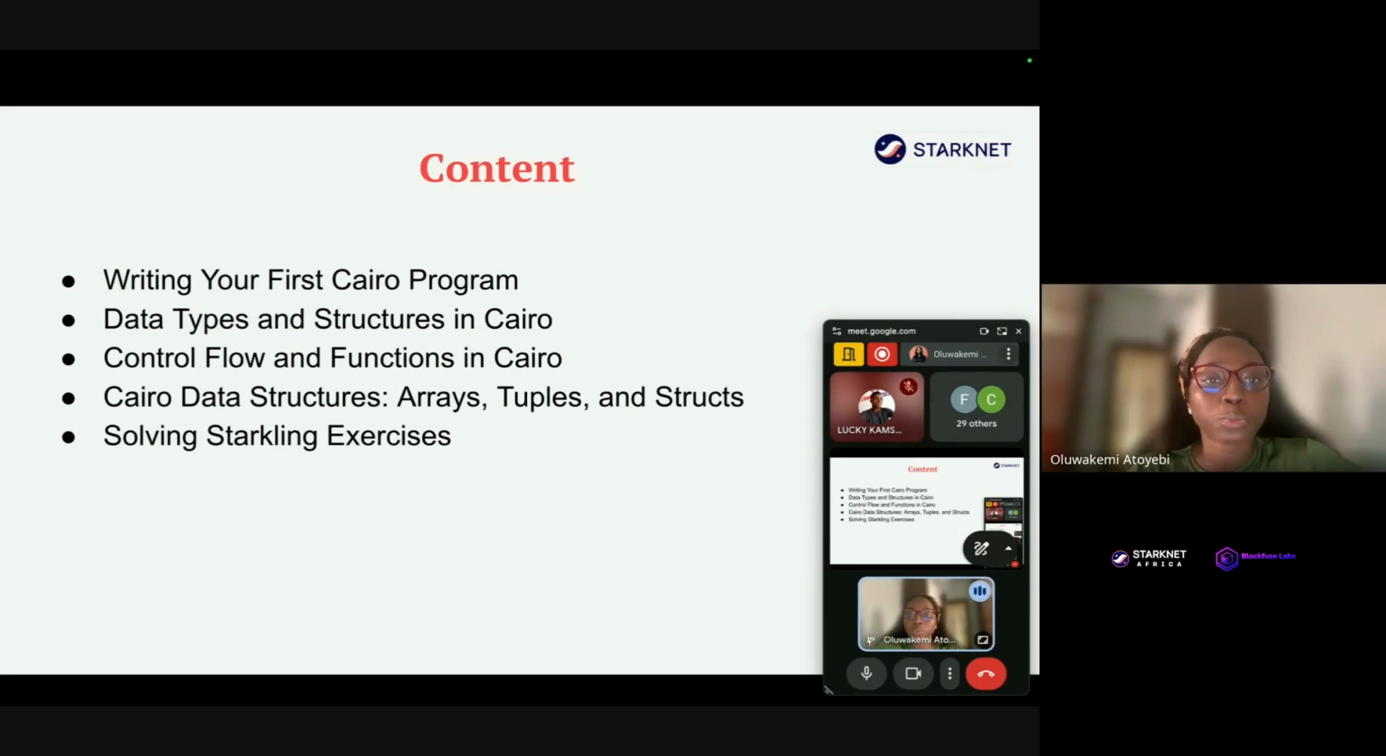And today we'll be treating writing your first Cairo program. Then we'll also talk about data types and structure in Cairo. We'll talk about control flow and functions in Cairo. We'll also talk about Cairo data structures such as arrays, tuples, and structs. Then we'll end the class with solving a bit of Starklings